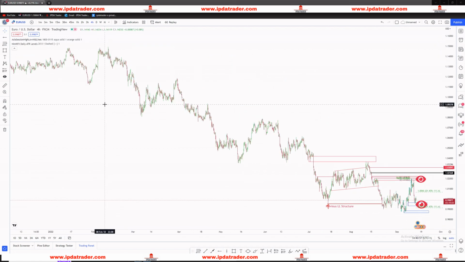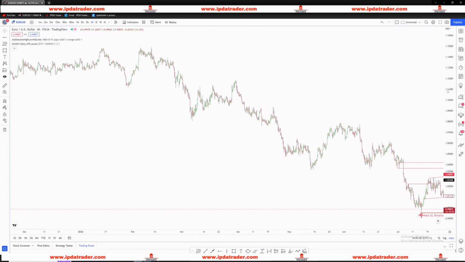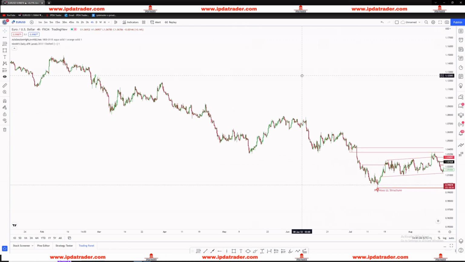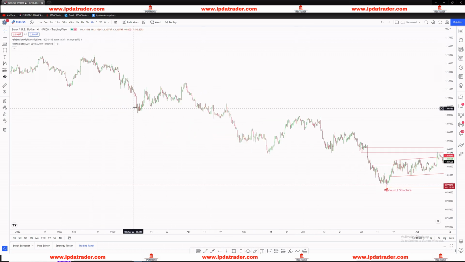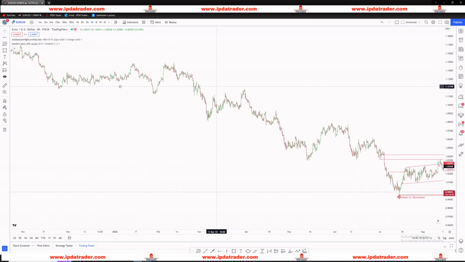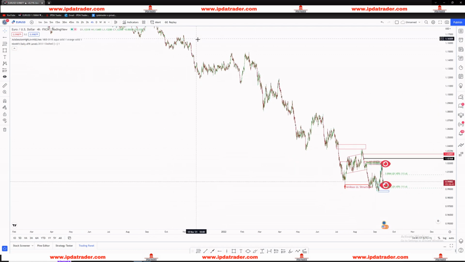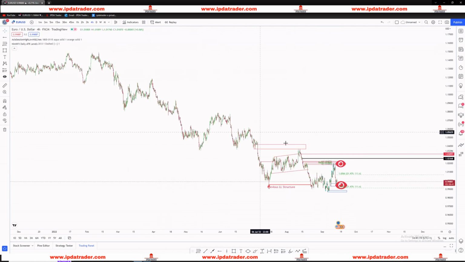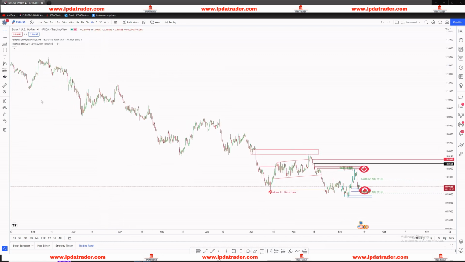So we're actually going to restart the process by looking at the higher time frame, the 4-hour, right? Just because it's going to be easier for you to understand where the expansions and retracements are in this particular market, okay? And we could go all the way back up here. The same concepts will still apply, but we're going to be working with more of the recent price action, okay? So let's start right there at the top.